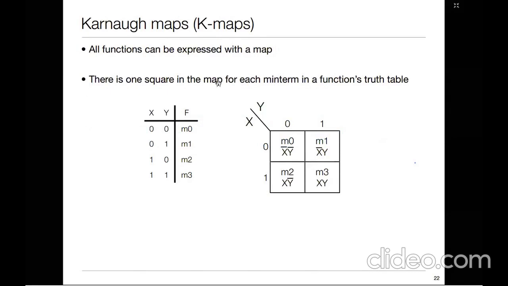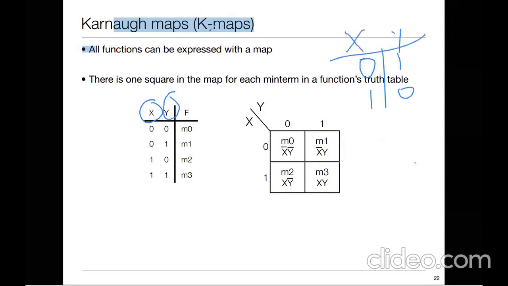Now whatever I am showing over here is a 2 variable K-map. Now before going to the 2 variable K-map, let me draw 1 variable K-map. 2 variables means I have X over here, Y over here. So it is a 2 variable K-map. 1 variable means for NOT gate. If you remember the truth table for inverter, I had two inputs 0 and 1 and the output is 1 and 0. So X was the input and Y if I take it as the output. This is known as a 1 variable K-map.